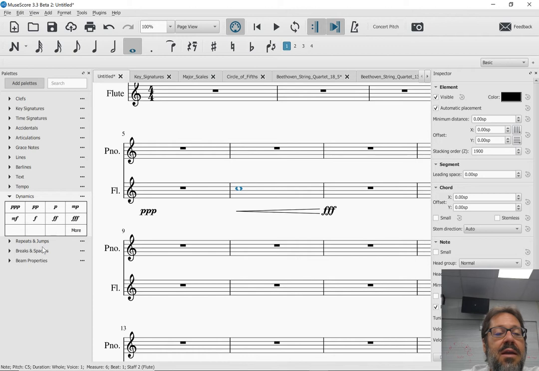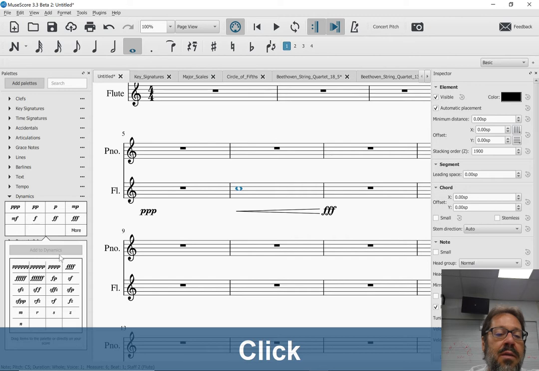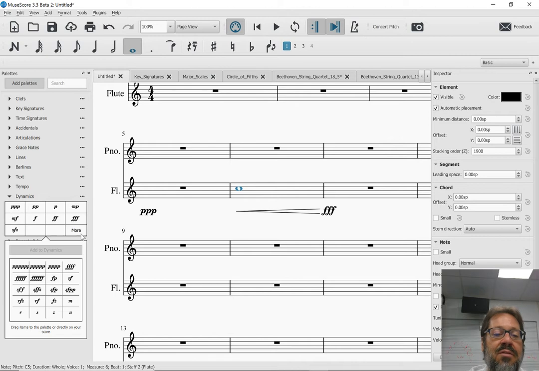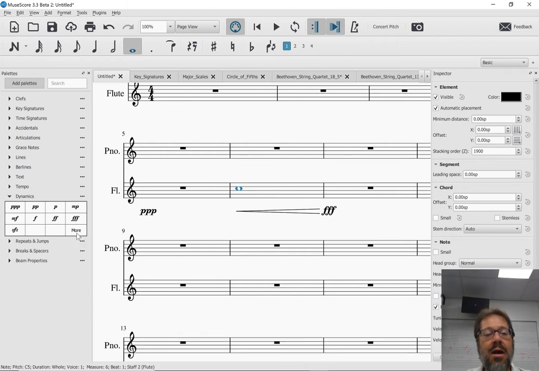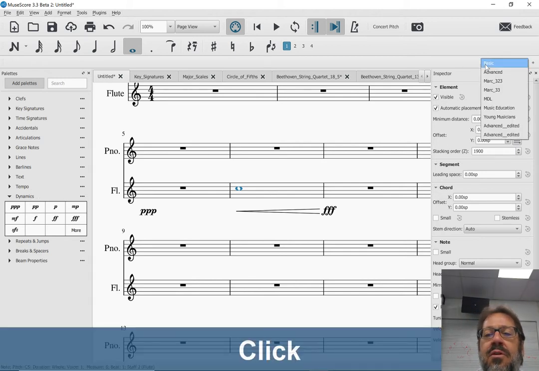Well, maybe that's all I need. Say I have a need for one of the others, like SFZ. Boy, I really need sforzando. I just hit the more button there, and here's some more choices. And then I can just add my SFZ. Realistically, none of these others do I care about. So I'm done. I'll hit more again, and now I've got a basic palette with SFZ in it. And look how easy that was. So you could really get away with starting with that basic palette and then a basic workspace and just add to it as necessary, and maybe find your life is a little easier than having the advanced palette all the time. Now if I go back to the advanced palette,